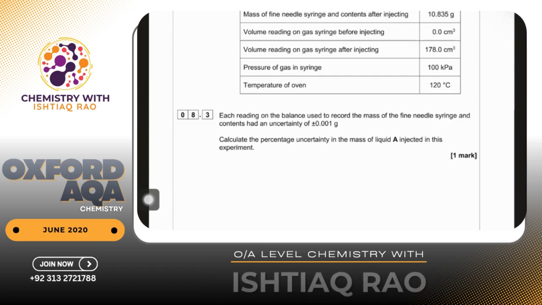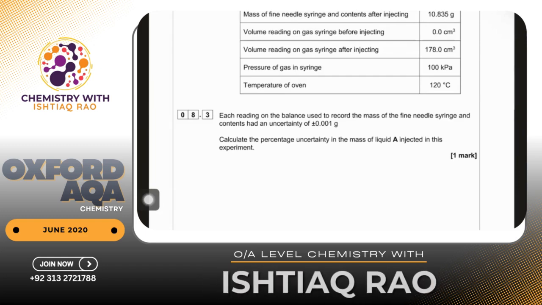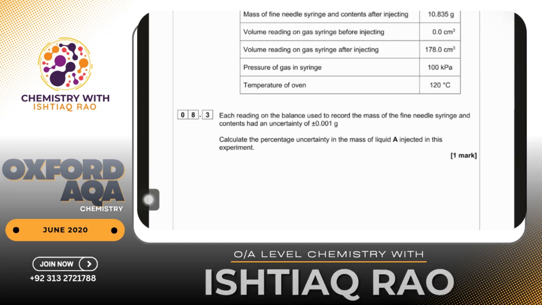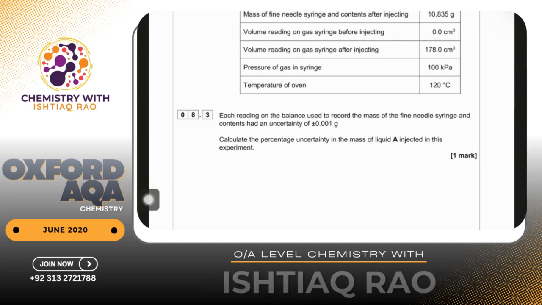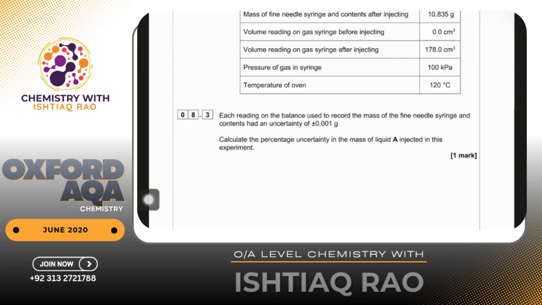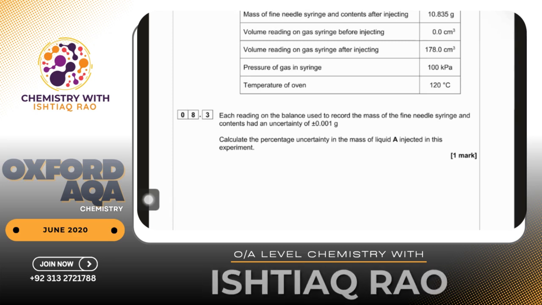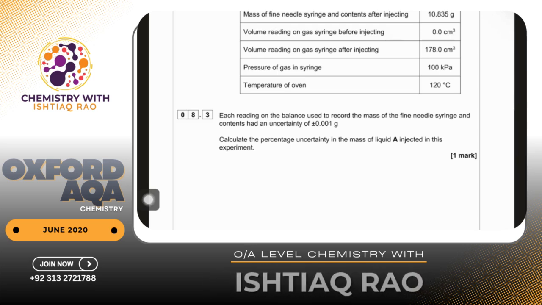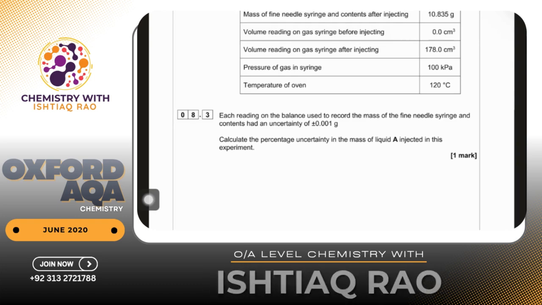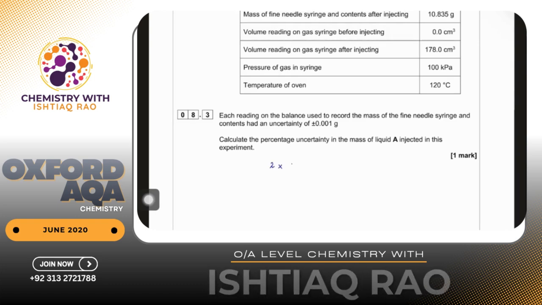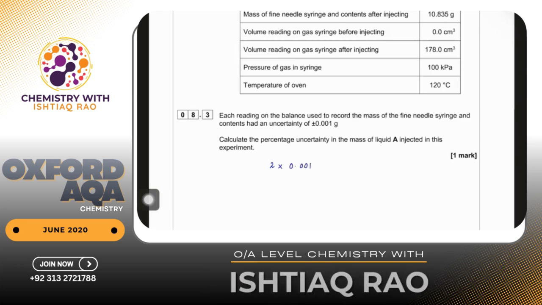Because whenever we use a burette, we take an initial reading and a final reading. So of course the error would be with the initial and the final reading as well. So I have to multiply the uncertainty by 2. And if we are using the thermometer, again initial reading and a final reading, so we have to multiply this uncertainty by 2. Again, in this question, we are using a gas syringe, so we have to take initial and final reading. So what I would do: 2 multiplied by 0.001, they have given you the value,